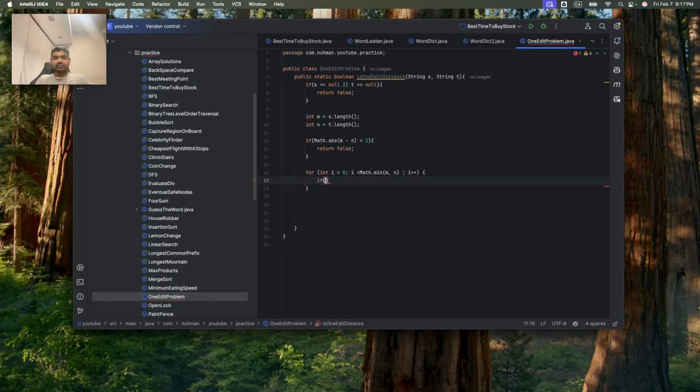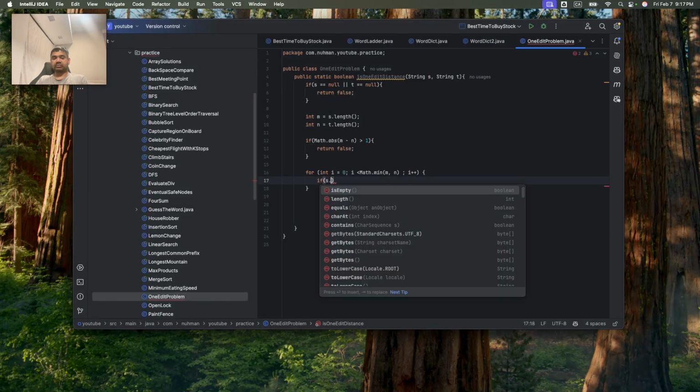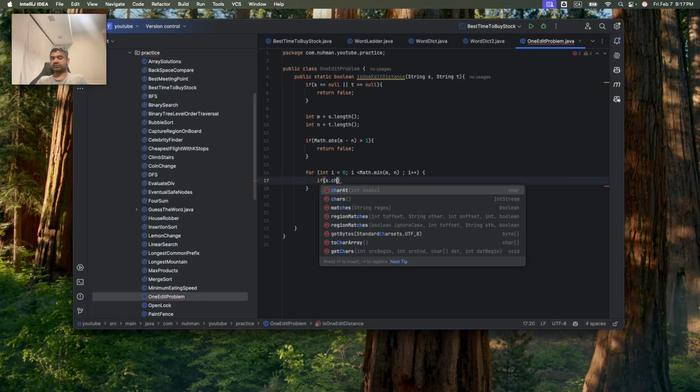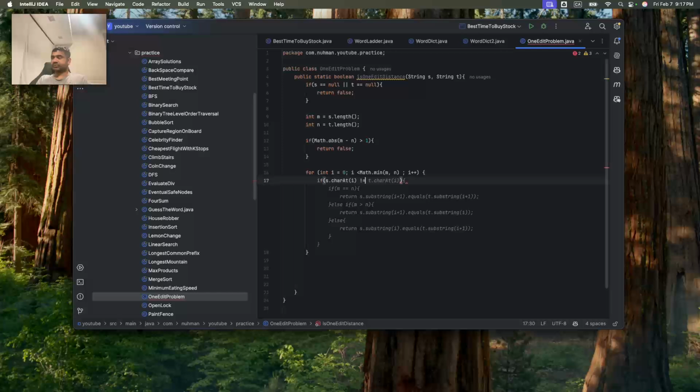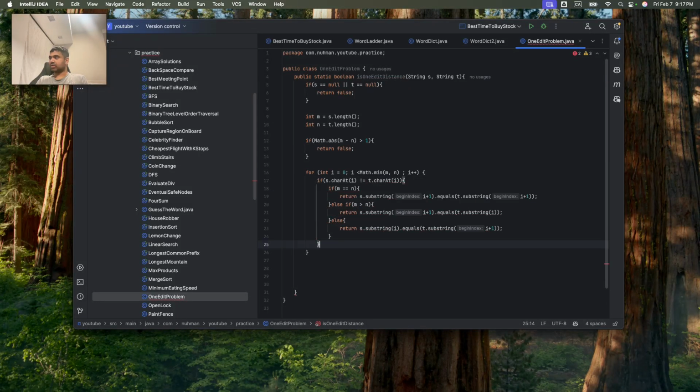Then if you find something, if you find character at i not equal to t dot character at i,